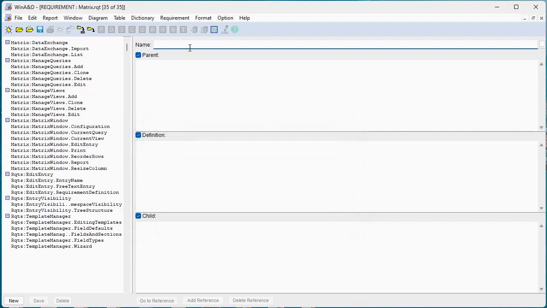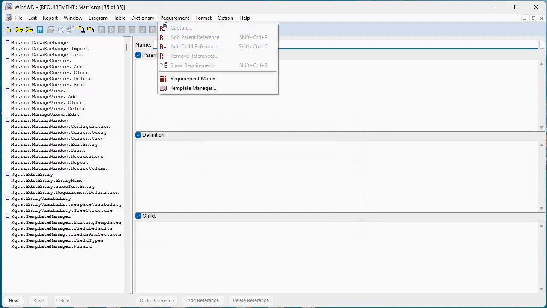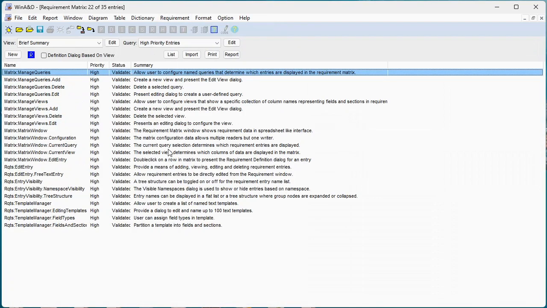You can also use the matrix dialog, which allows you to view the requirements in a grid structure where you see columns of information determined by the selected view, which you can customize, as well as the subset of rows from our entire list of requirements based on a specific query, which you can customize. And then you can list the information from those requirements out to